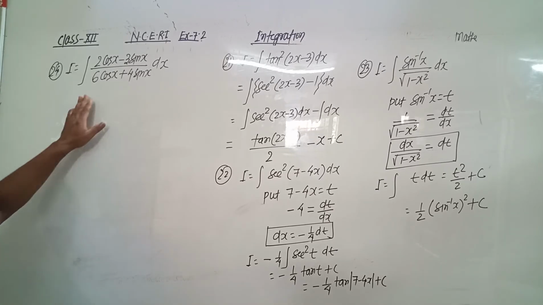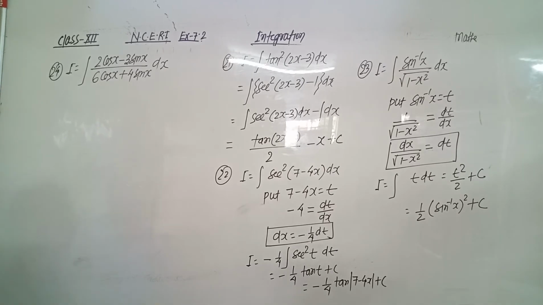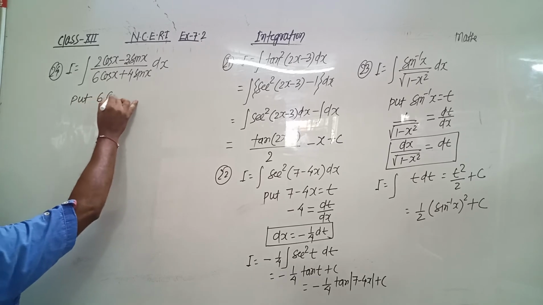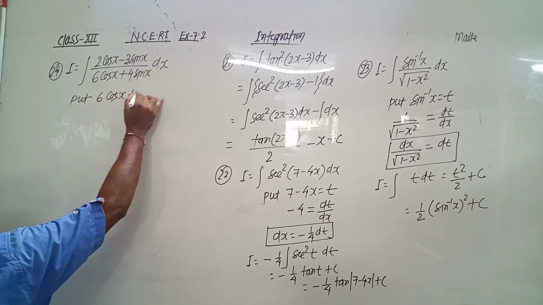So we put the denominator, put 6 cos x plus 4 sin x